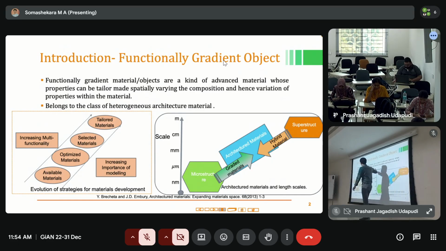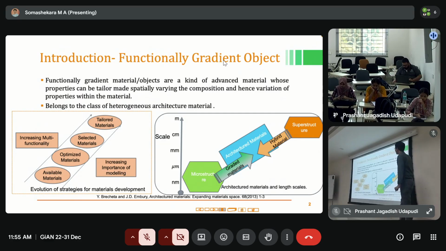But again, how are you going to achieve such a structure? How are you actually going to make such a component? That is actually challenging. Now we understood what functionally gradient materials are, or what a gradient structure is. As I said, the gradient structure is a little more advanced compared to the composite structure, where here we talk about varying the